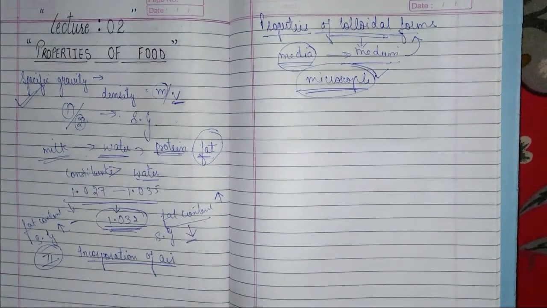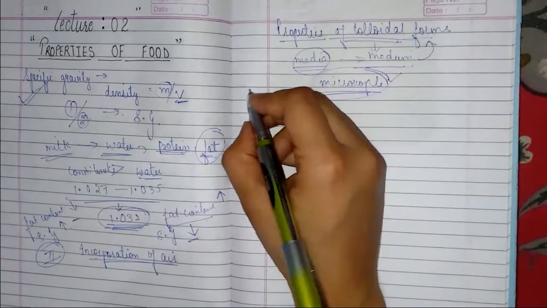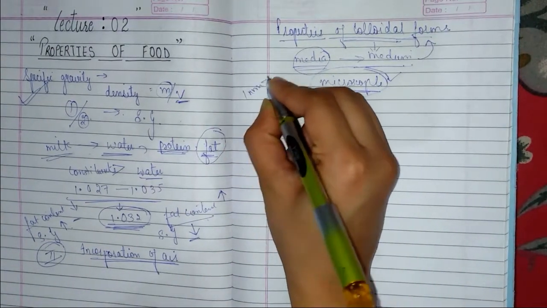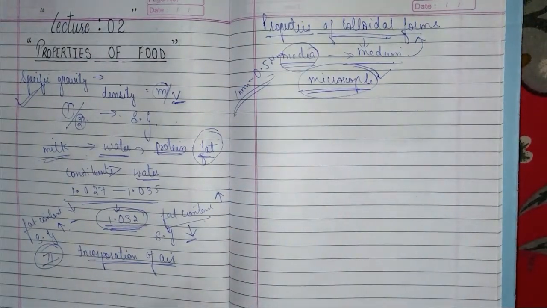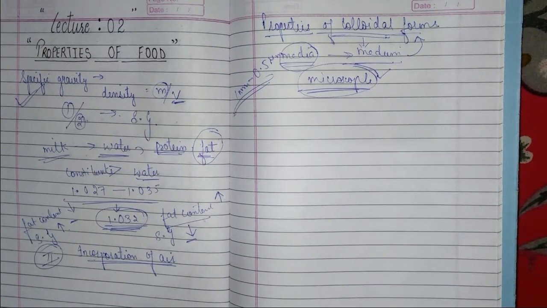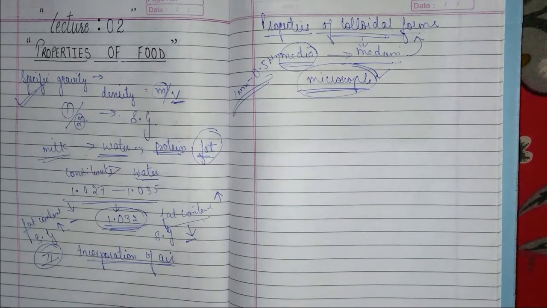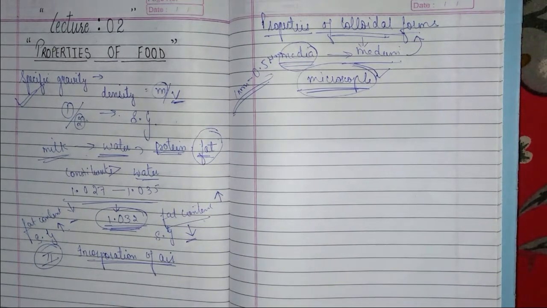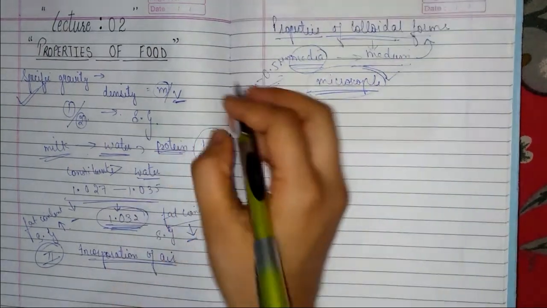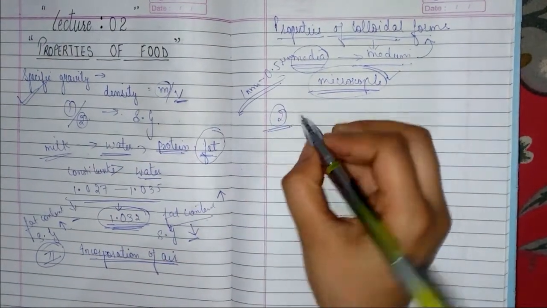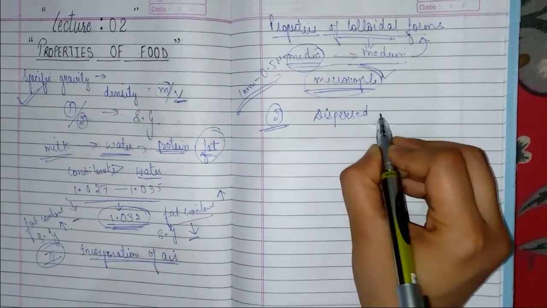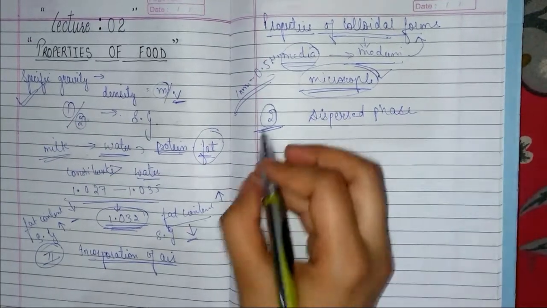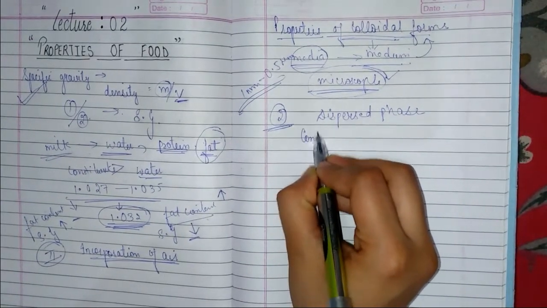If we talk about the particle size, it ranges from 1 nanometer to 0.5 micrometer. So this is the typical particle size of colloidal mixtures. And if I talk about how the colloidal mixtures are formed, basically there are two phases. Now let me first explain what phases are. There are two terms in this respect. One is dispersed phase. These terms will be used again and again. One is dispersed phase and the other is continuous phase.